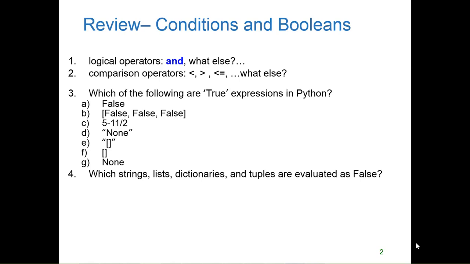The true expressions in that list are B, D, and E. A is obviously false. B is true because it's a non-empty list, even though it's full of false items. C is false because if you subtract